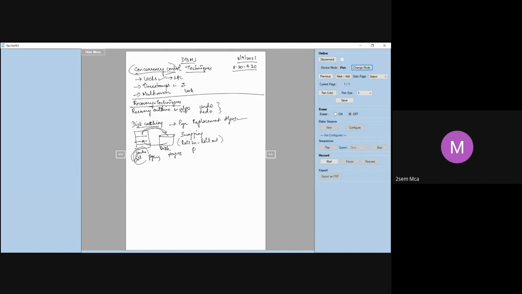Page fault. Yeah. So there will be a page fault indication by the OS, which means that the corresponding page is not there in the memory. So that page has to be brought from the disk into the memory, and then you will have to continue